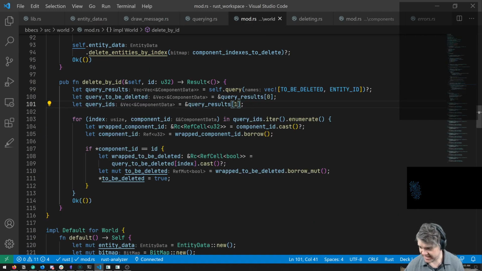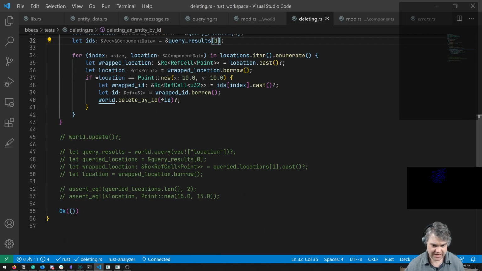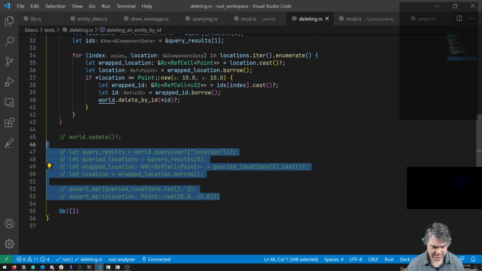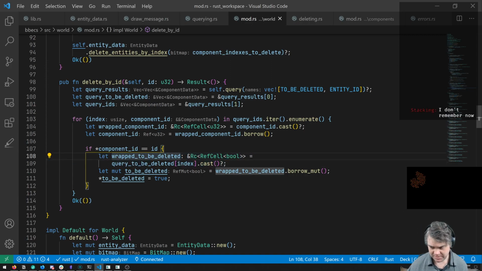Don't I still have to cast a boolean on the loop below? Is that in my deleting here? Yes. Or was that in... which one was that? Which file? I've been going back and forth. There's this one too, yeah. It does make me wonder though.